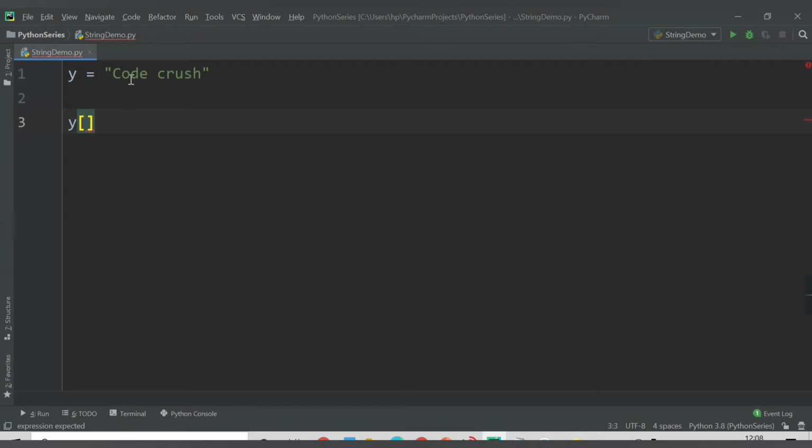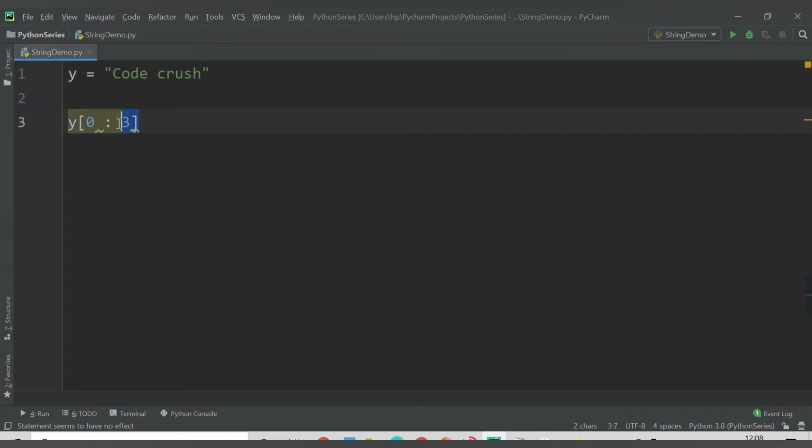In the last video we have seen we can get any character by providing the index. Suppose if I provide 0 I will get this C, if I provide 2 I will get this D. But in slicing you can get a range of characters, like you need to provide the start position. Let's say I provide the start position 0. From 0 the indexing starts. You need to separate the start position and end position by a colon here, and let's say I provide here 3.